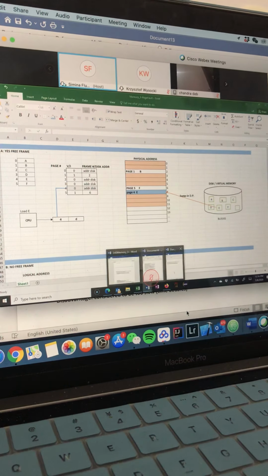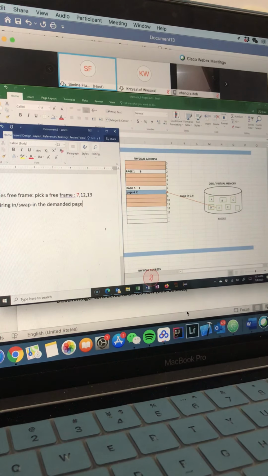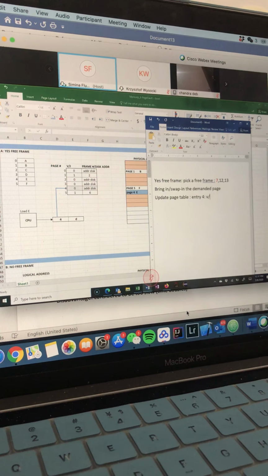So the next step right here, we're gonna say update page table and we're gonna have entry 4. And what we're gonna update is the valid invalid bit. Valid invalid bit. Our page is now in the main memory, so it's gonna go from 0 to 1.